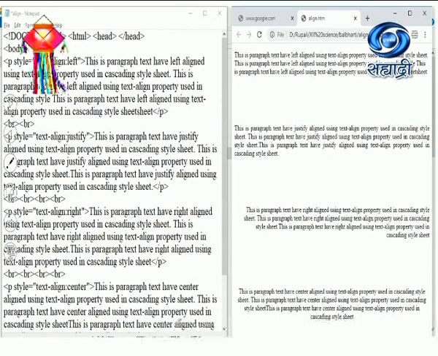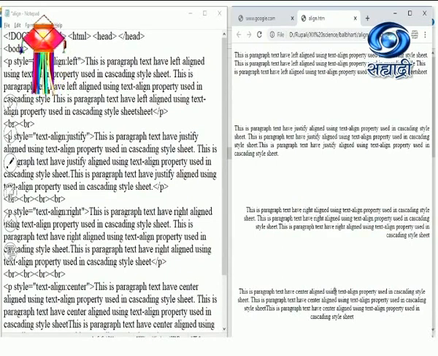You can give the text alignment in 4 manners, like left, justify, right and center. Observe here there is a difference between this and this. The difference is this is the left align and this is the justified align. If you observe over here, in left align there is a distance here which is not over here. So this will appear as a straight line over here for the justify alignment. This is a right alignment.